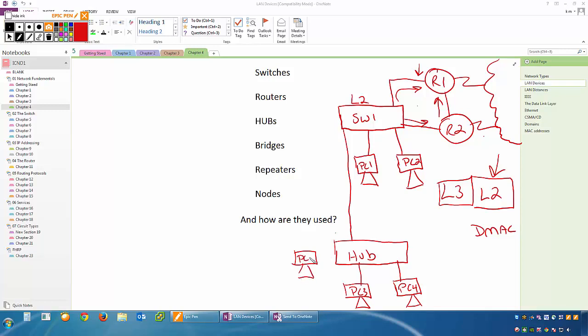Where a switch, that's not what a switch does. A switch will only send the traffic to the ports that it belongs to. Now, based on that, if PC5 sends traffic going in this direction,